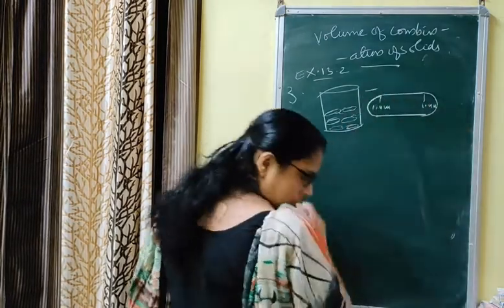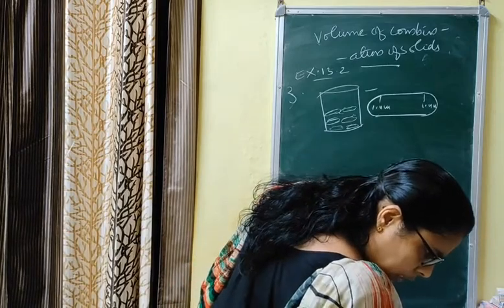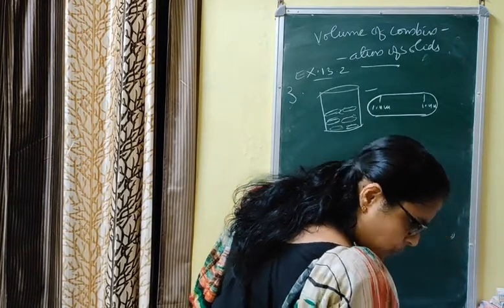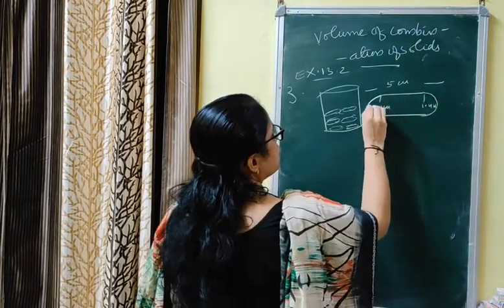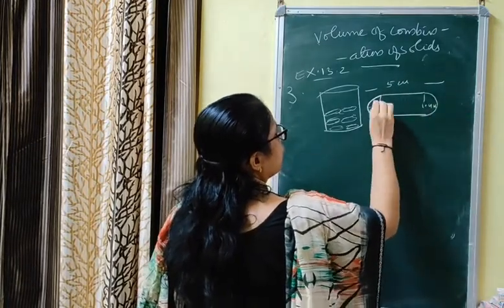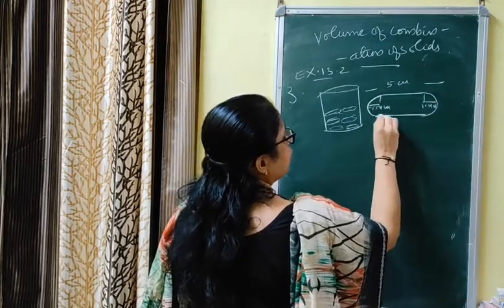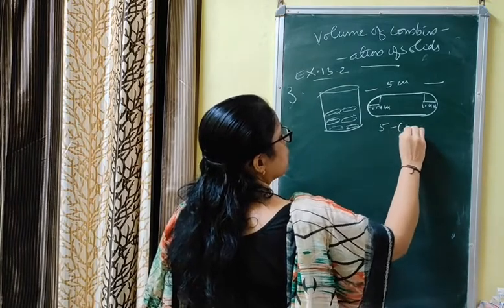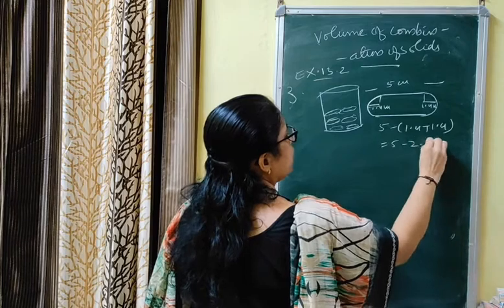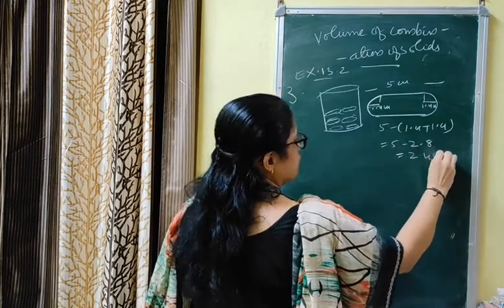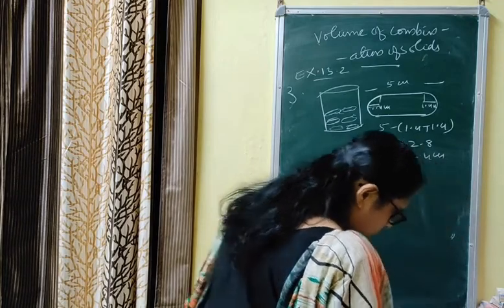Total length is given as, let me check, the total length given as 5 centimeter. Total length 5 centimeter दे रखा है. Now from these, this is 1.4, this is also 1.4, ये 1.4 गया, ये 1.4 गया, तो remaining मिलने के लिए, height of cylinder मिलने के लिए 5 minus 1.4 plus 1.4, that is 5 minus 2.8, that is 2.2 centimeter. Let us check all are in same unit or not. Yes, all are in same unit.